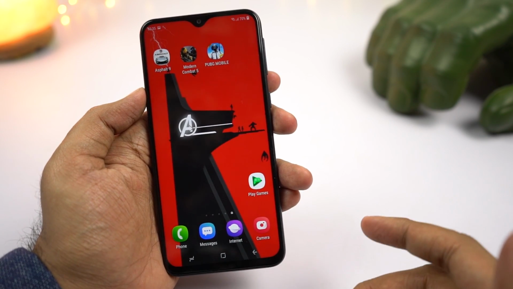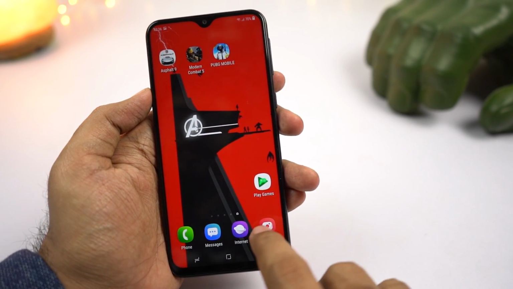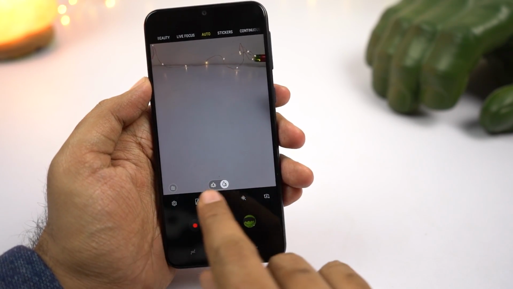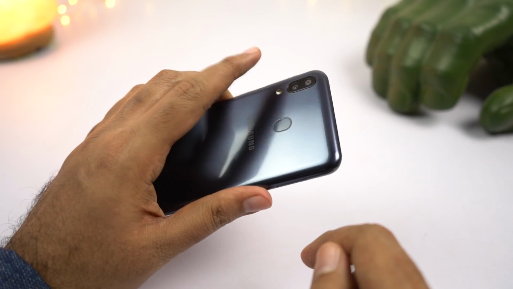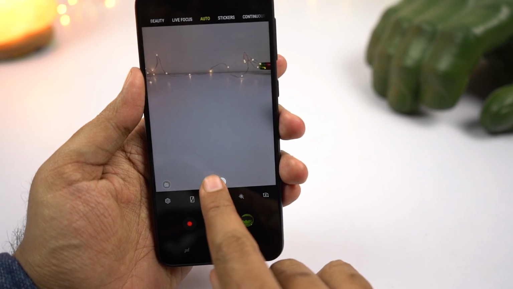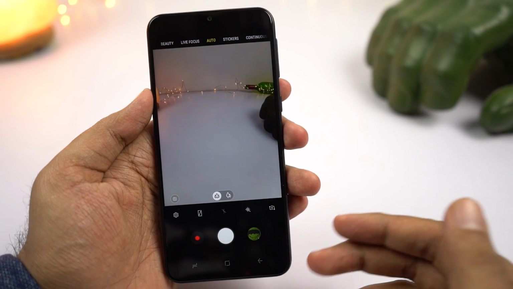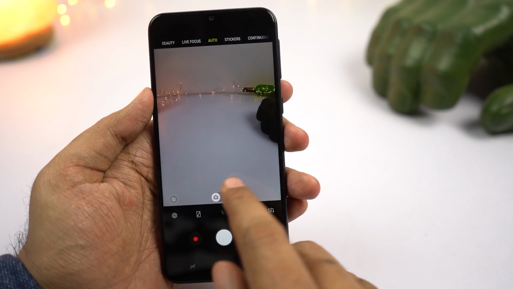Now going on next, I'll show you some super handy shortcuts in the default camera application. So this is the camera application and you have a toggle at the center to switch between the primary camera and the wide angle camera. Just click that and your phone will switch the camera. Now going back to the primary camera,